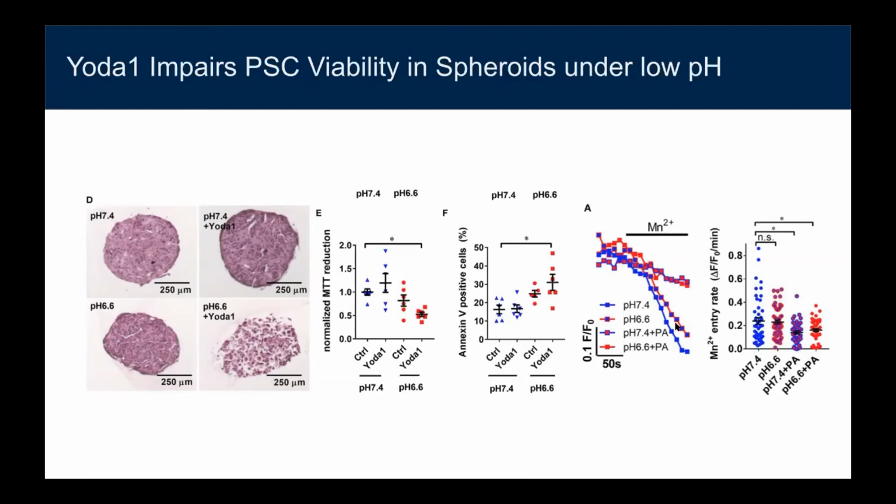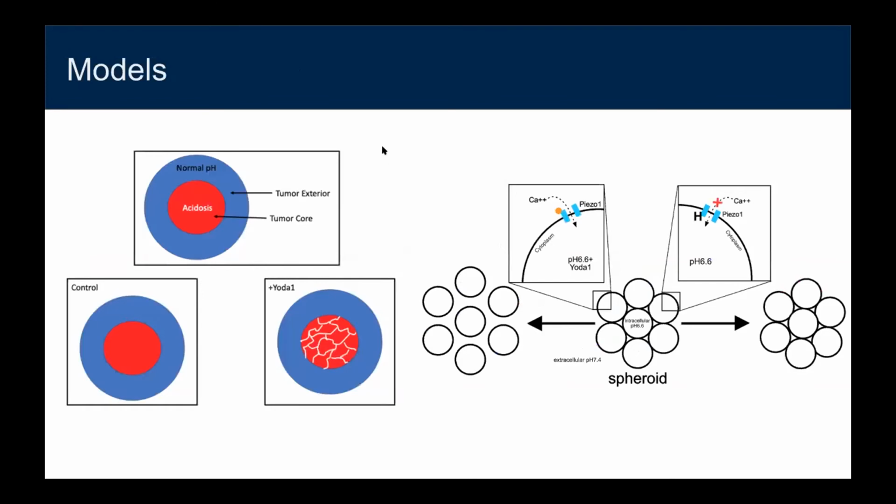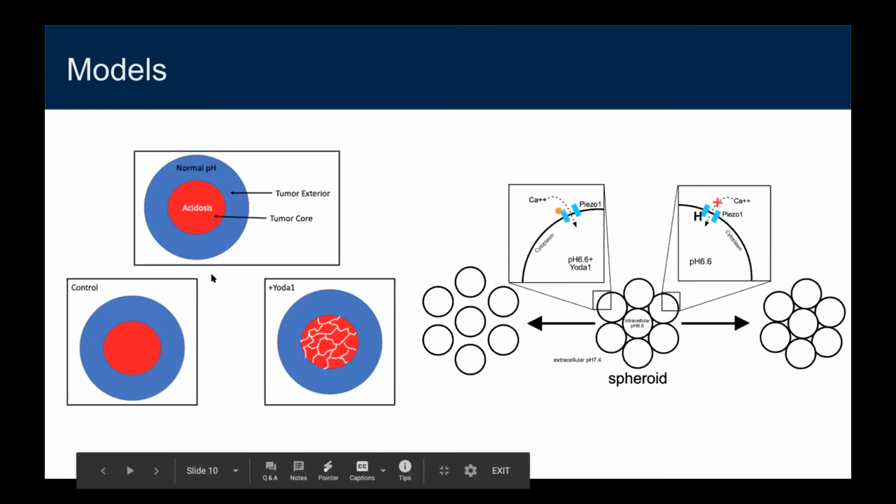So putting that all together, Dom and I made separate models and we tossed them in here. I went with a more extrapolated version. I put it into a tumor, kind of like what they were showing from the spheroid assay. So if you have normal pH in the tumor exterior and acidosis in the tumor core, which is pretty representative of what they were showing in the paper, under control conditions, not treated,